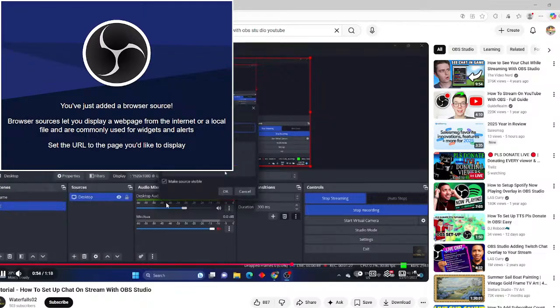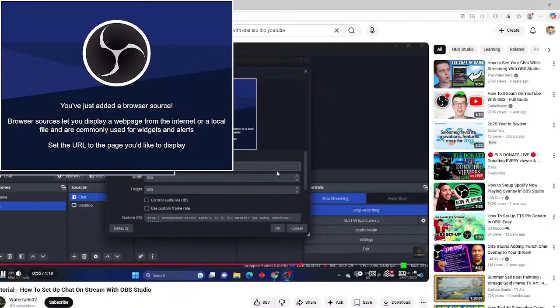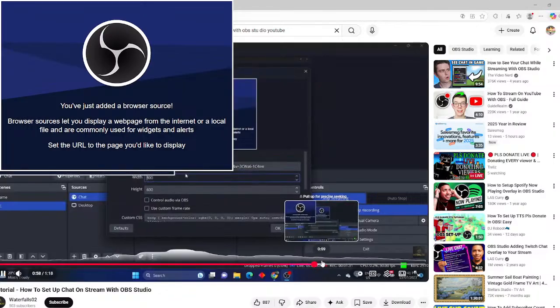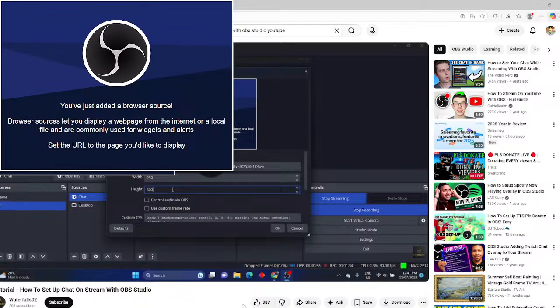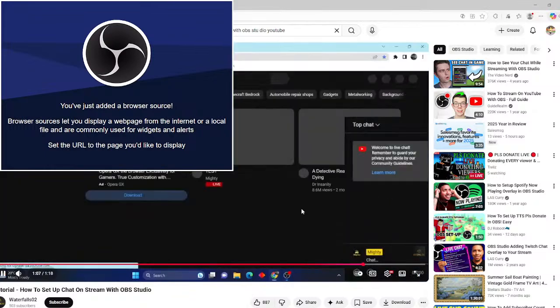If you don't like the size of your chat, then you can go back to the browser source and click on properties. This changes the length. I took some time to fit it to my liking. As you can see,